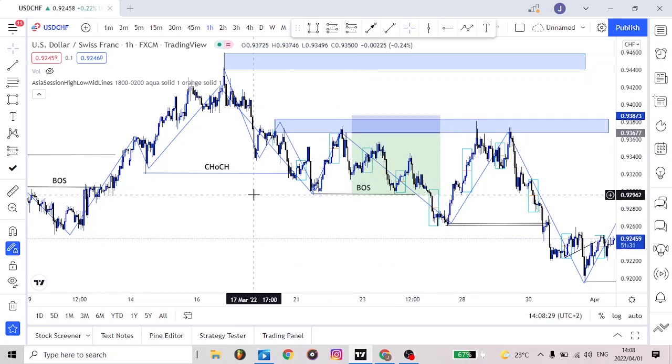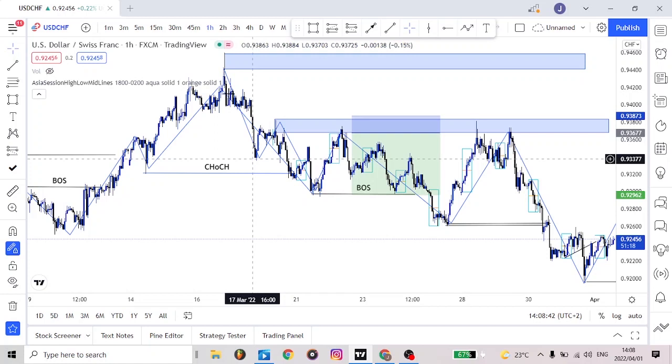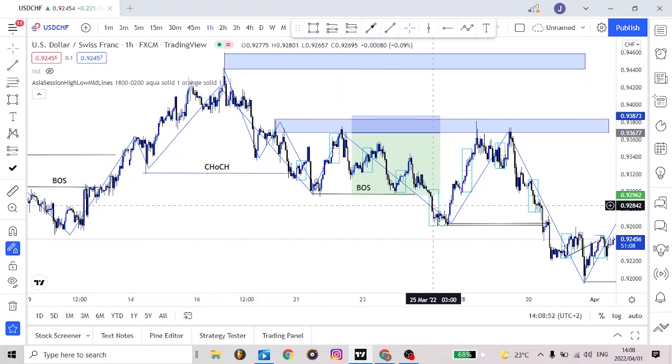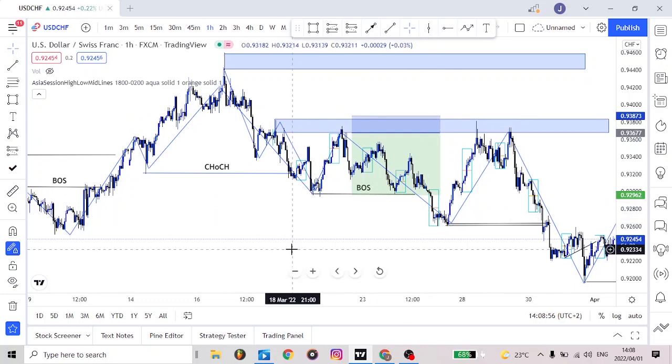So now we just covered what? A supply. I just showed you a change of character, and also a supply or a demand flip. We had a flip here. This was supposed to be our initial point of interest, but it created a lower low and then a lower high and then a lower low. And if you check, this here was not mitigated enough, so that was our point of interest, and then it came back, pulled to the downside. We would have taken a nice sell here.